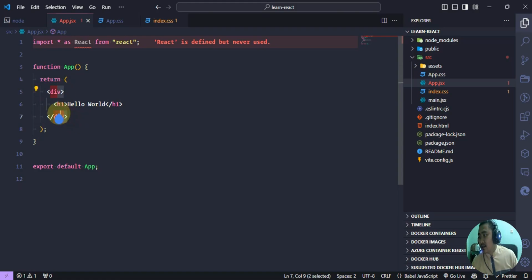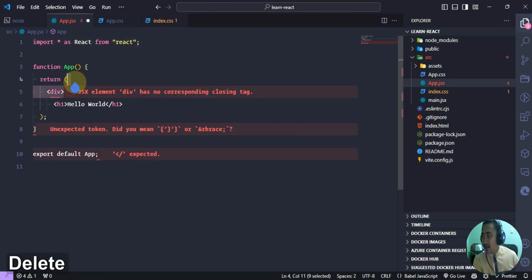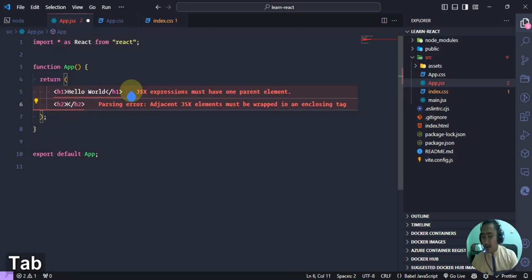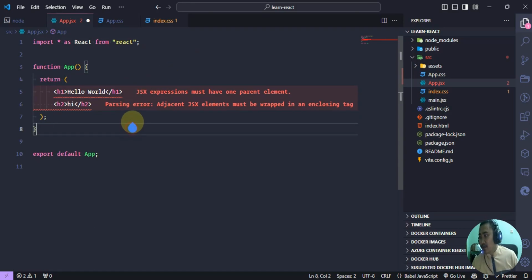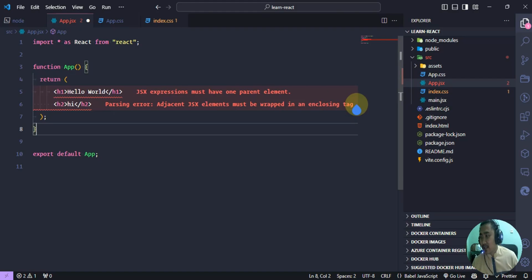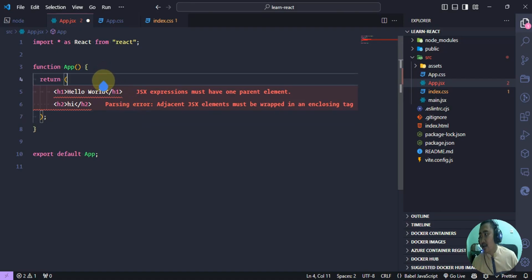So we cannot do something like this. It will throw an error that JSX elements must be wrapped in an enclosing tag. So we must enclose our HTML in something like a div or fragment, like I showed you before.